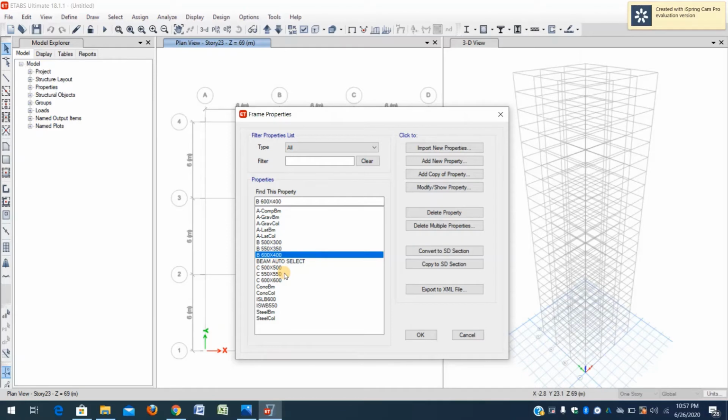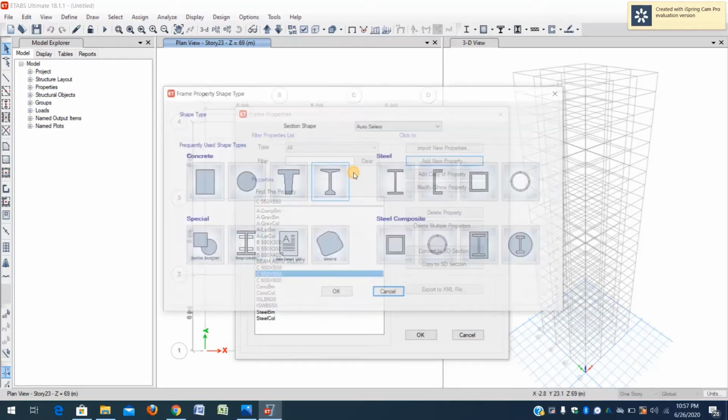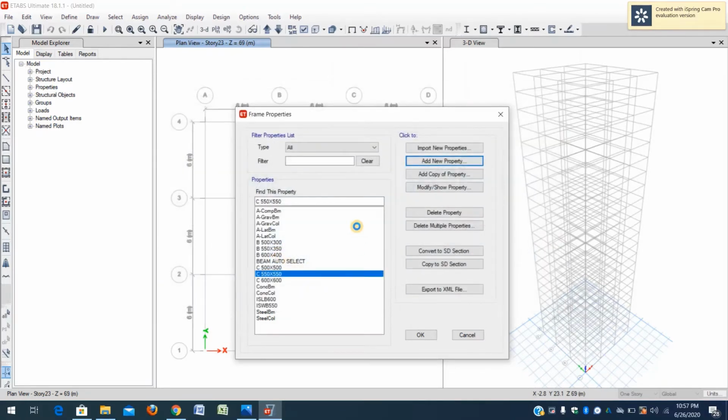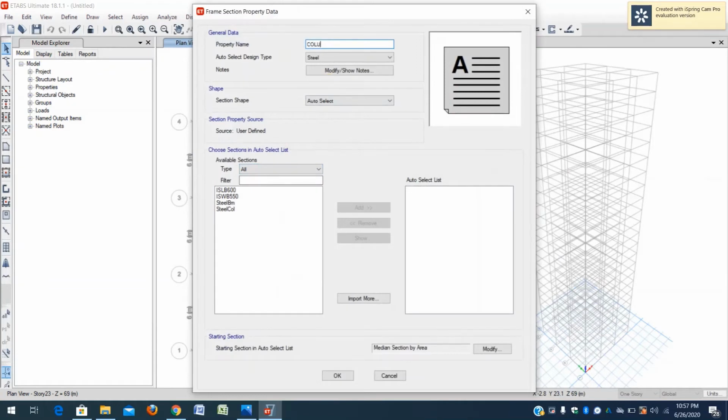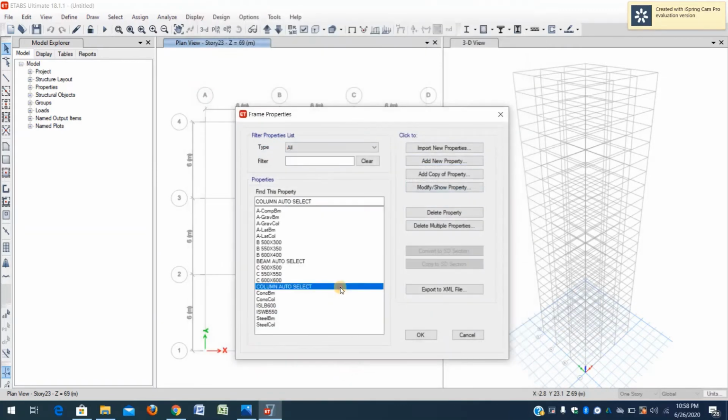So this is the main purpose of the auto select option. Auto select list. Column also we need to define, column auto select. Concrete it is. I got 3 concrete sections. Add and OK.